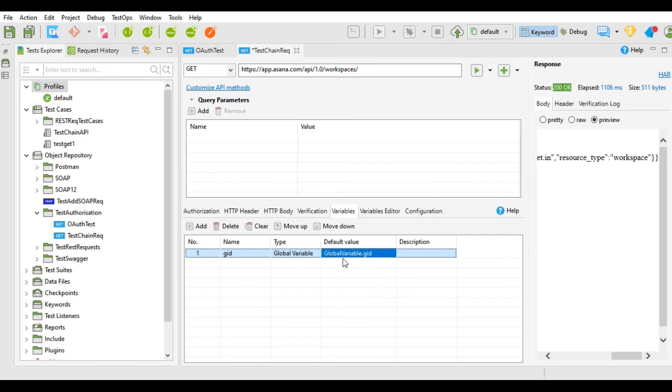So the global variable value of gid which we have taken from OAuth test will be transferred to the local variable gid that is added in the test chain request. And now we are going to use this local variable over here by giving the syntax dollar and curly brackets and gid, the variable name. I will save this request.